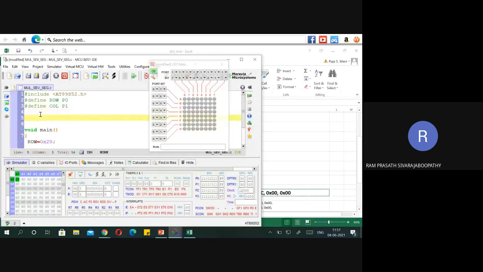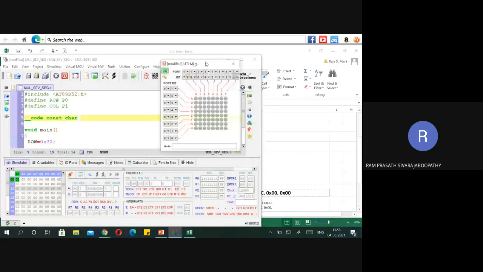Double underscore code: you have the habit of mentioning code so that you can save RAM space. Const char: once I have declared, it won't change. So what I am going to give as the name is